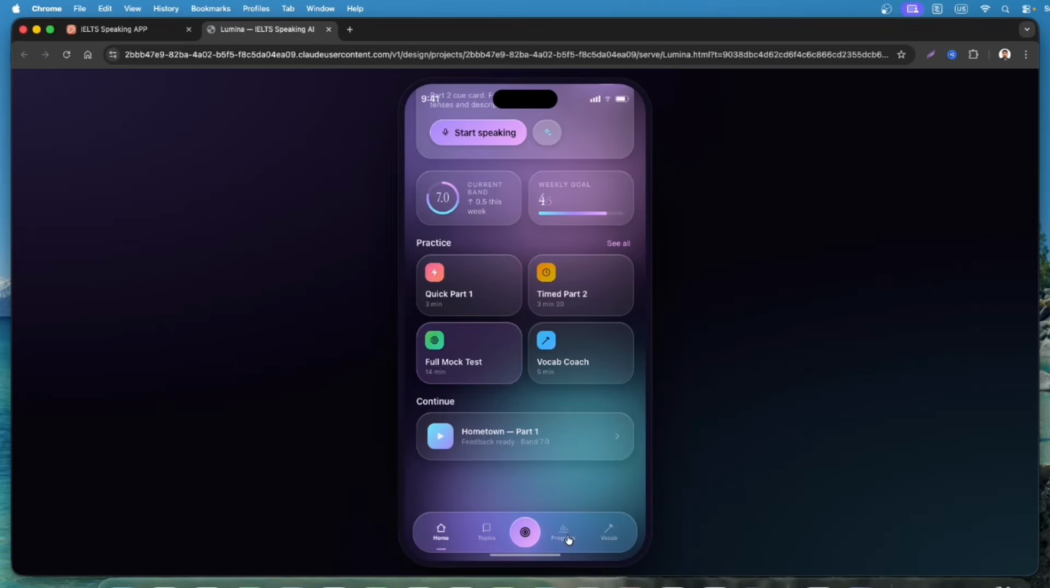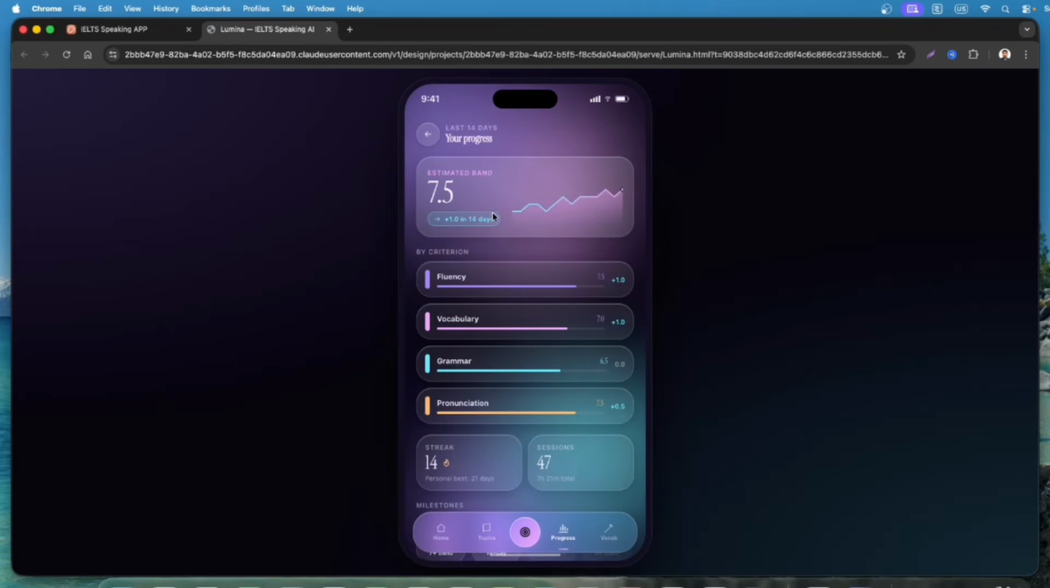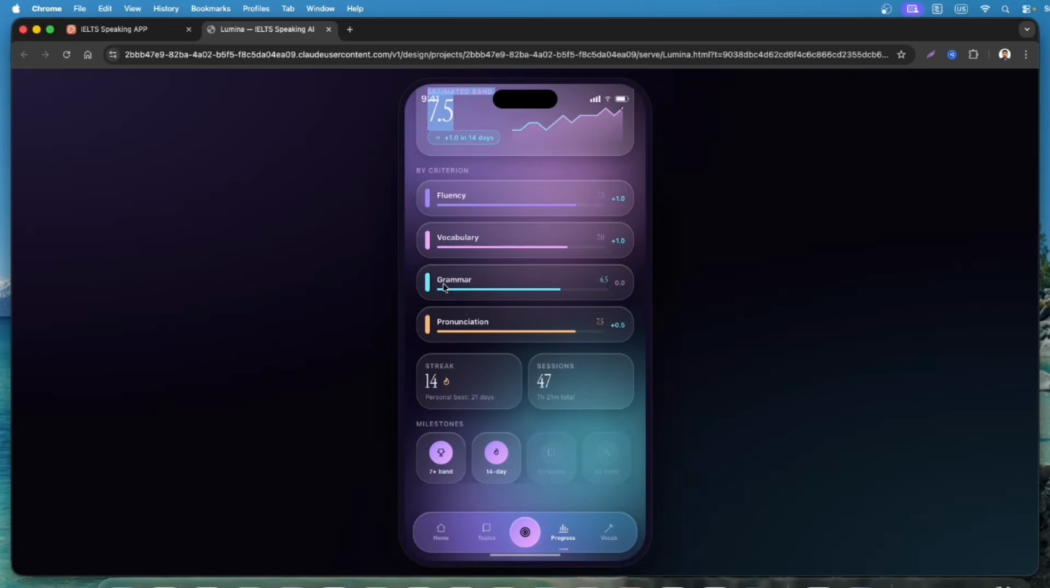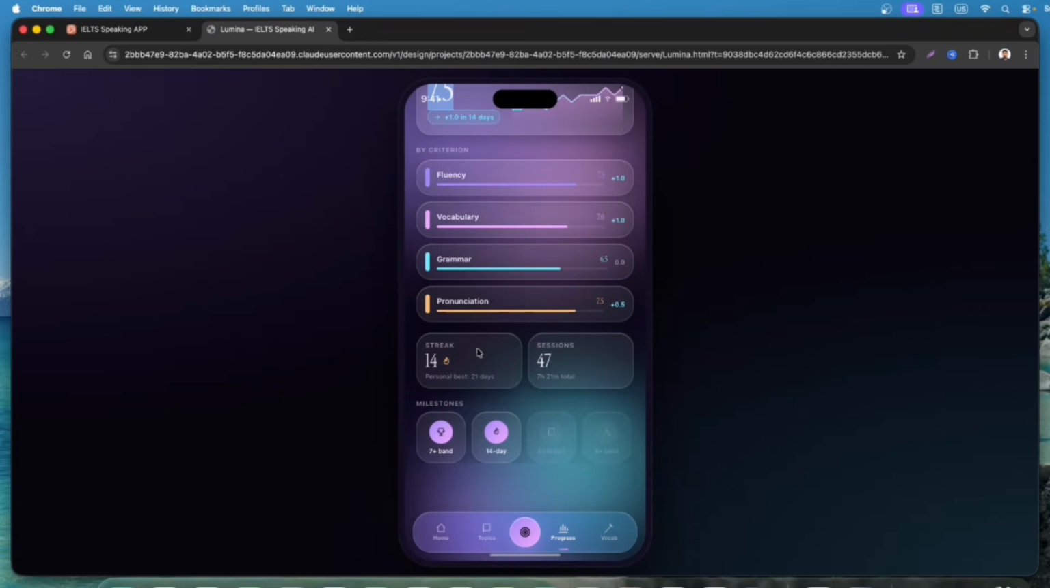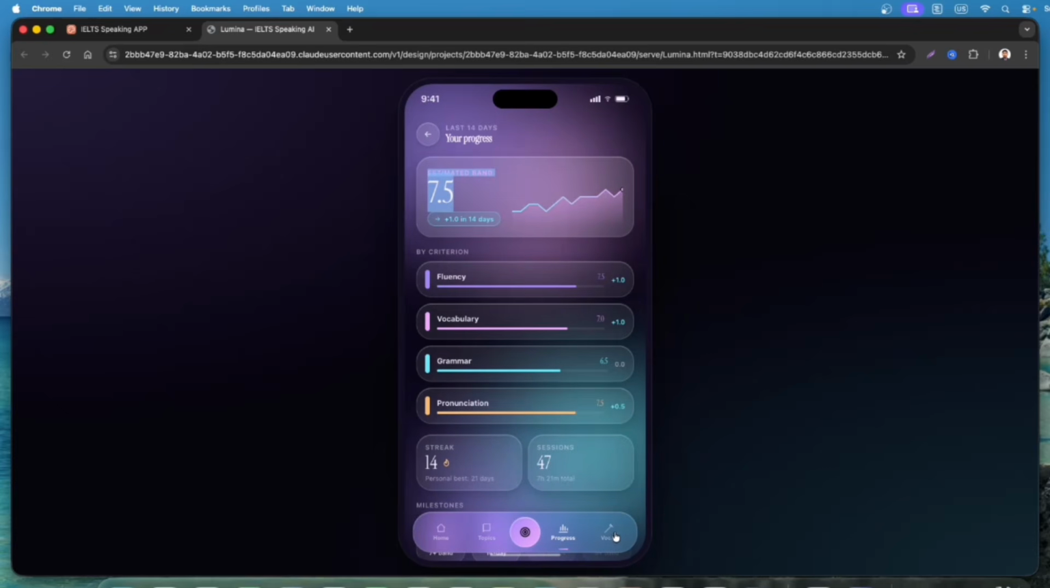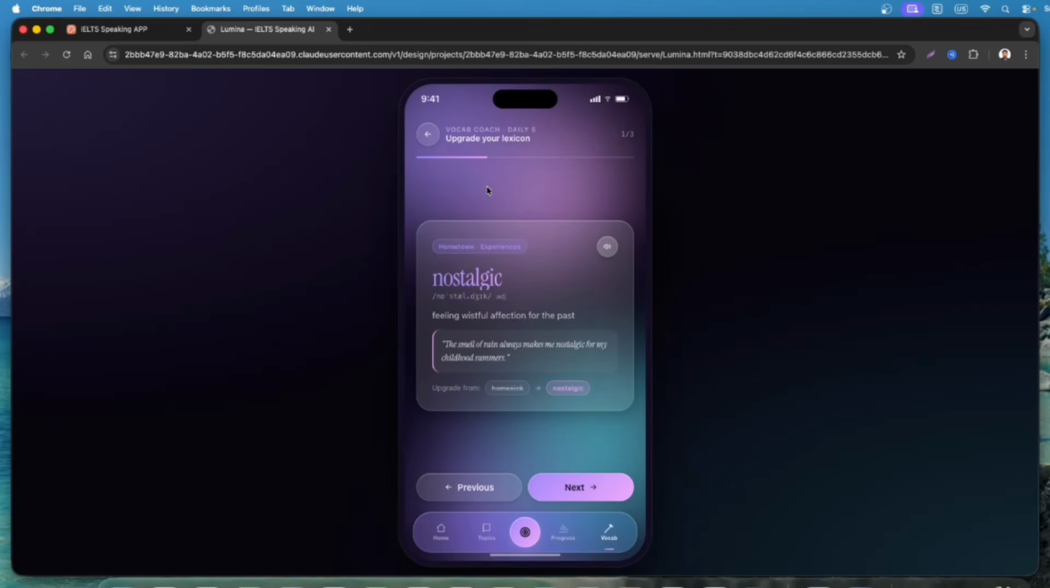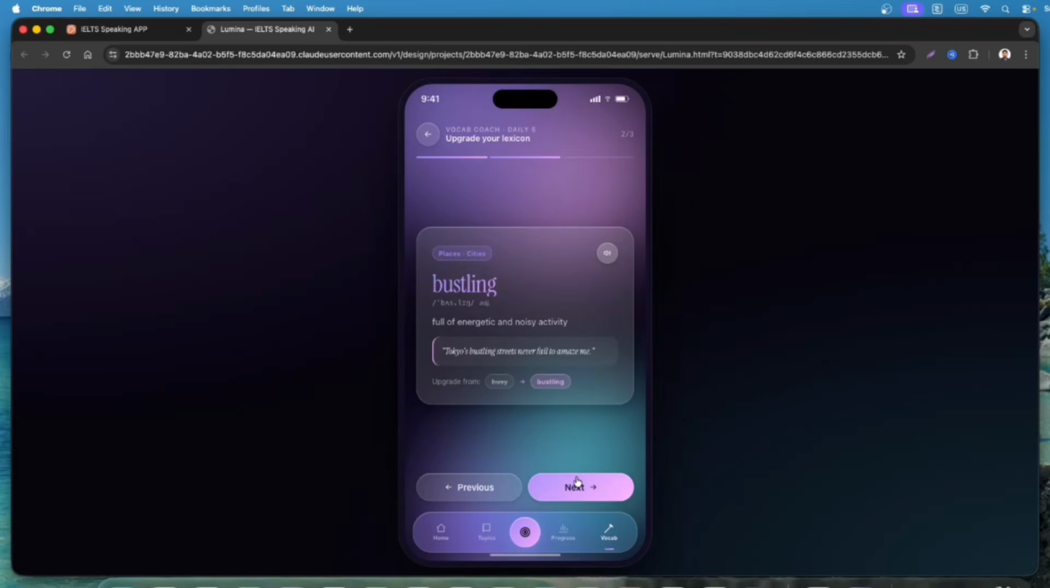Okay, then if you need to see your progress, you can go to these sections, and you can see this is actually right now your estimated band result, your fluency, vocabulary, grammar, pronunciation, and how many days you have stuck with the sessions you are enjoying. Here the milestones you covered. Then if you need to practice vocabulary, you can go to vocab, and here you can see the vocabulary practice sections. You can just play with the audio,